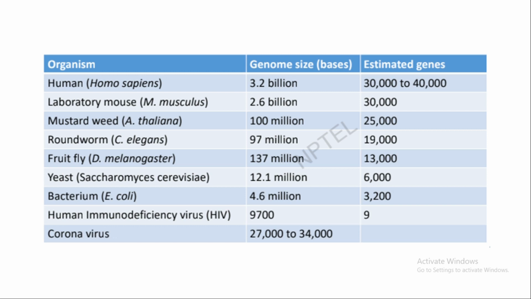And in this 100 million bases also, 25,000 genes are present. Now you can see the difference. Human genome size is 3.2 billion, but in that also 30,000 genes are present, and Arabidopsis has a 100 million genome size and still 25,000 genes are present. So in human genomes there are a lot of repetitive sequences that do not constitute any gene. That's why the genome size is so long for humans, and